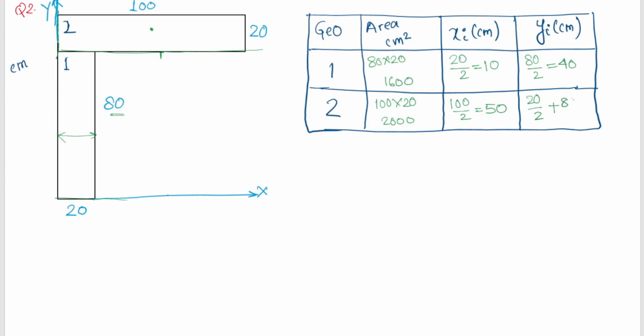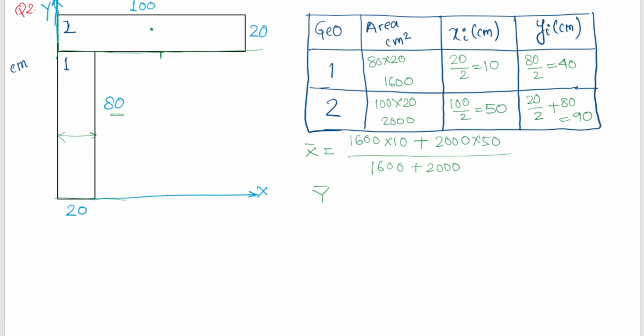So plus 80 is equal to 90. Let's put the values in the formula. The areas are being added. So x bar is equal to A1 x1, so 1600 into 10, plus areas are being added, 2000 into 50, divided by 1600 plus 2000,